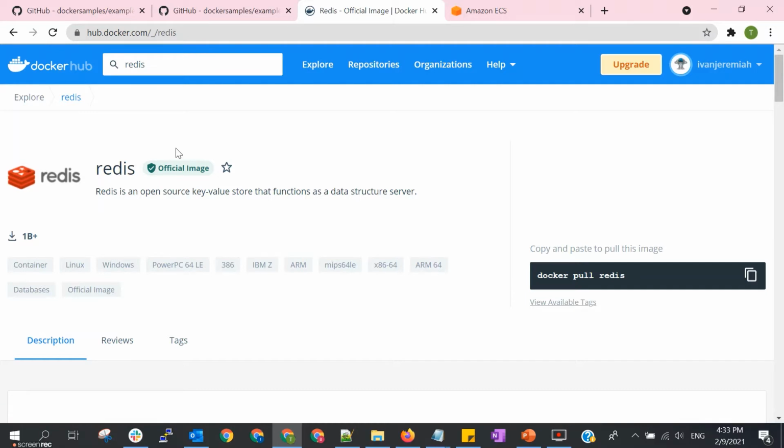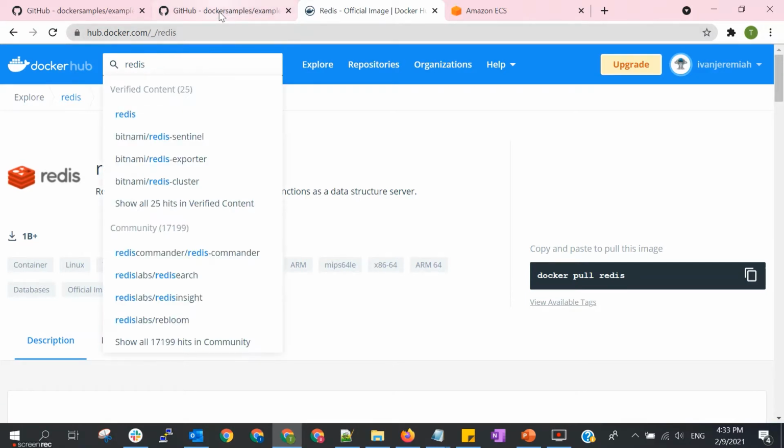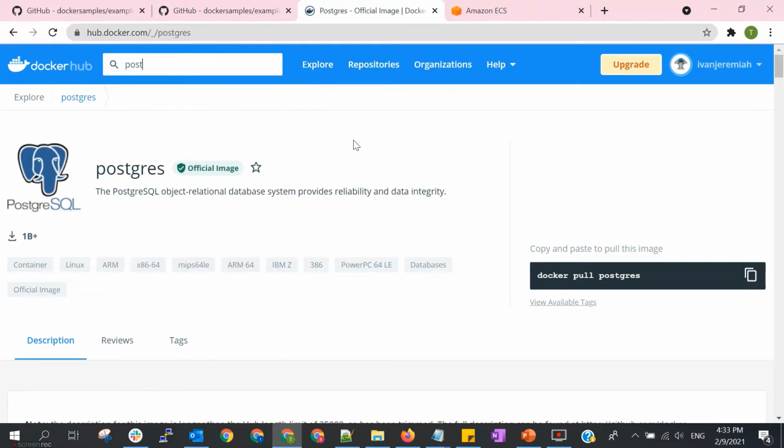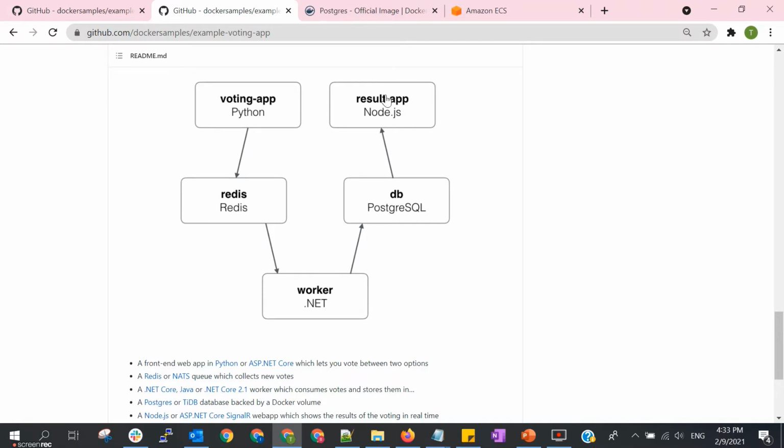This is the official image, so Redis already exists. Another one is Postgres. Postgres is also already here. Actually, some people have already created images for this, but we will learn how to create them from scratch. So the voting app, worker, and result app are custom code.